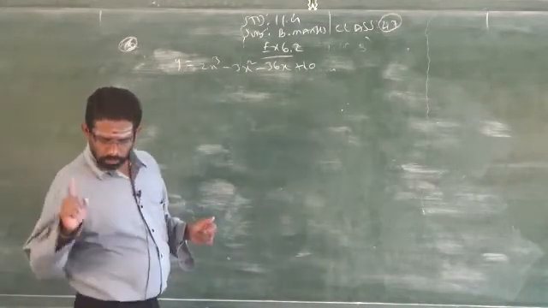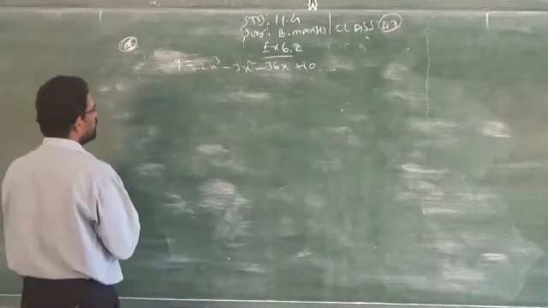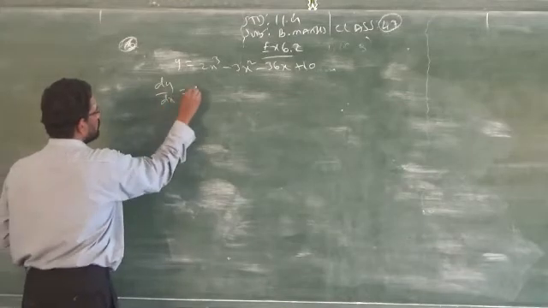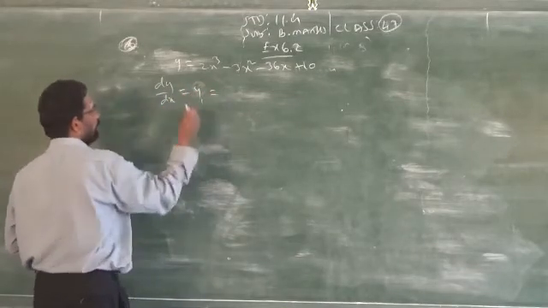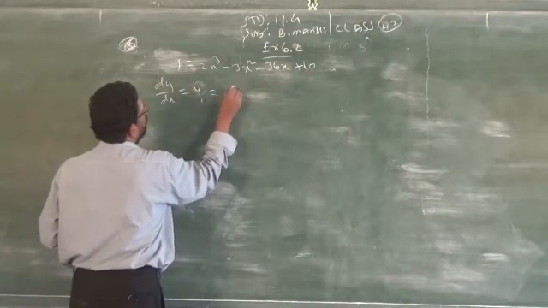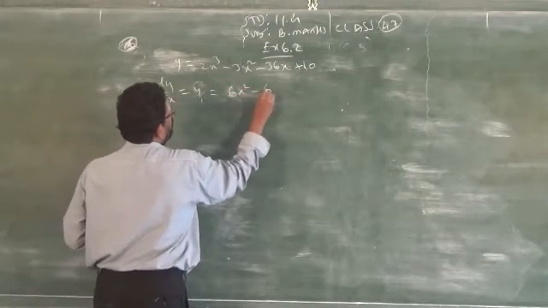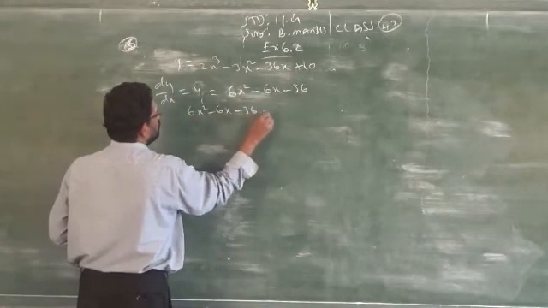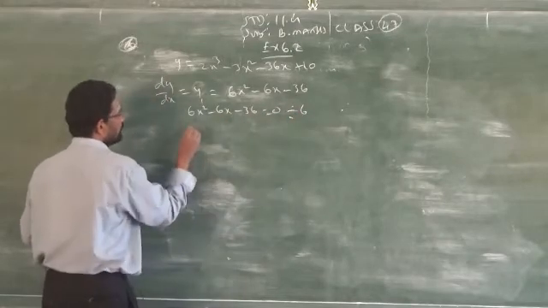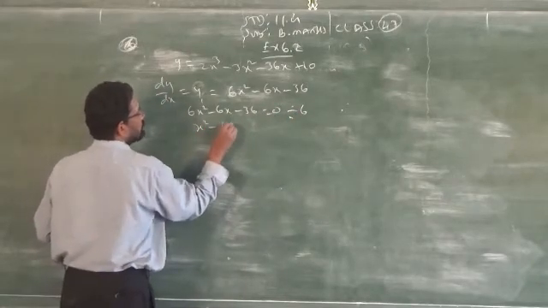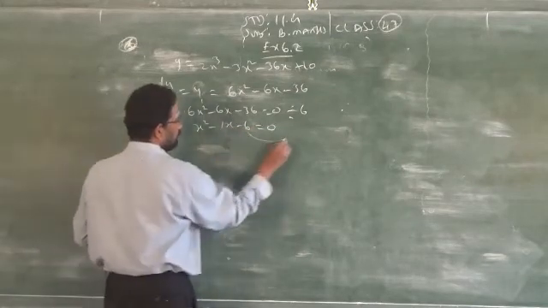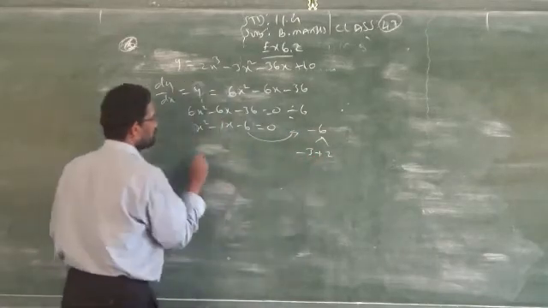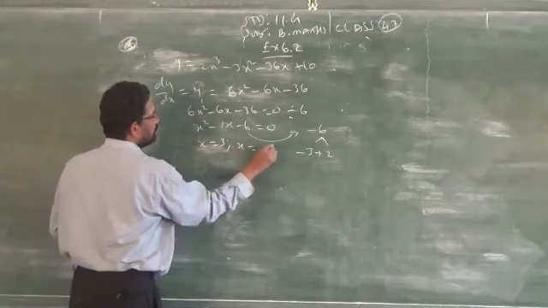They asked to find the local maximum and local minimum, that is absolute maximum, absolute minimum. So very simple. The first rule is what? First order, that is dy by dx, that is y1 or y dash. Clear? 3 2s are 6, 6, 36. So the first order is equal to 0. Everything is divisible by which table? 6 table. x square minus x minus 6 is equal to 0. Then you have to factorize, 3 2s are 6, minus and plus. So you will get x is equal to 3 and x is equal to minus 2.